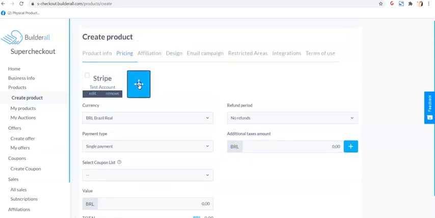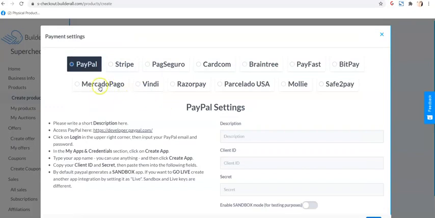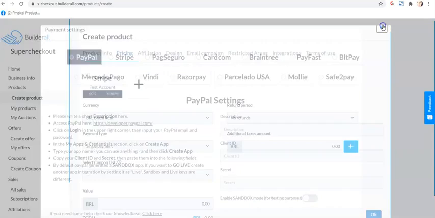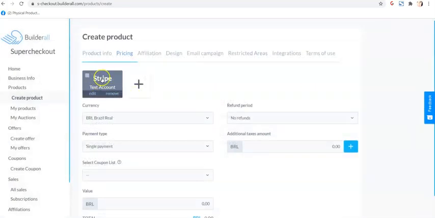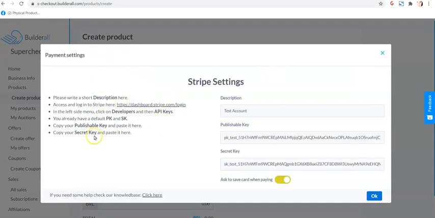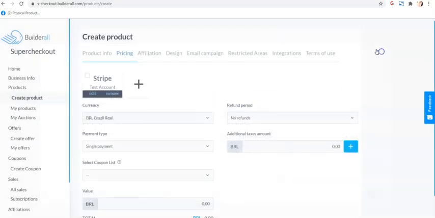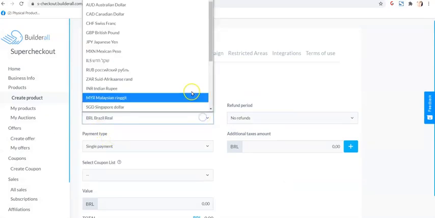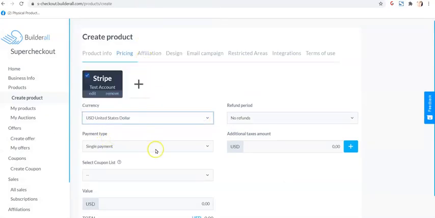Now you will see there's a plus sign. If you click on that, you will have a wide variety of payment gates that you can choose from. Now for this specific purpose, I've already chosen Stripe. So when you do go into these different kinds of things, it will give you the instructions on the left exactly how to populate the information on the right. So just follow that. So we're going to choose Stripe, and I am going to use United States dollar,